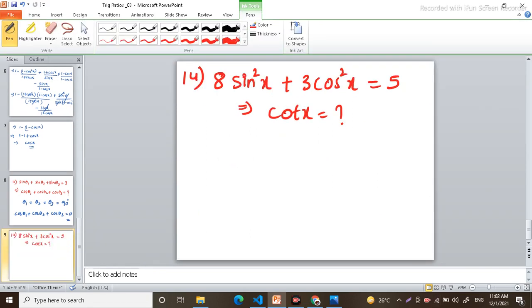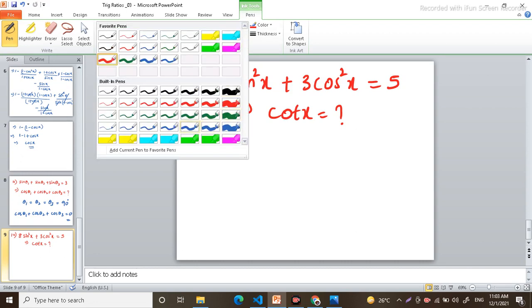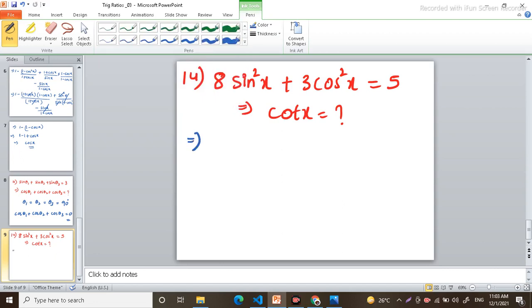We'll move to the next question. 8 into sin square x plus 3 into cos square x is equal to 5. They are asking to find the value of cot x. So simple it is. First we'll write down 8 sin square x as it is, plus cos square x, what I'll write down, 3 into 1 minus sin square x